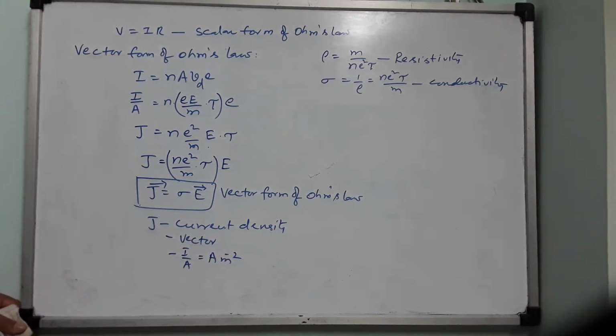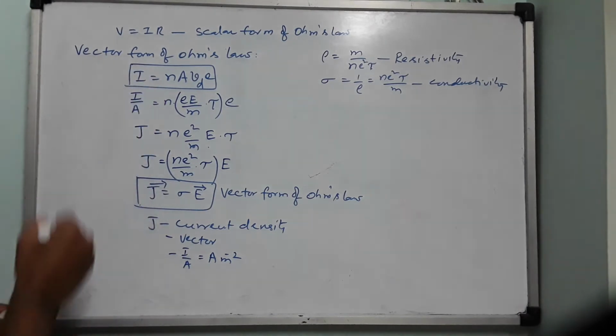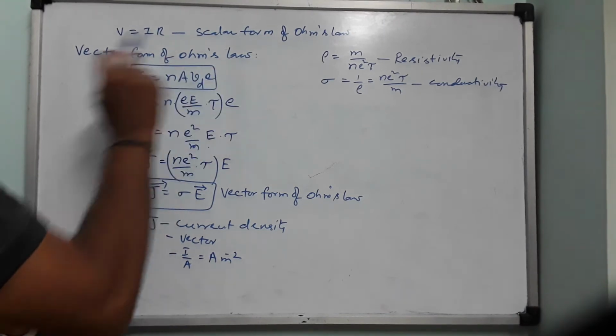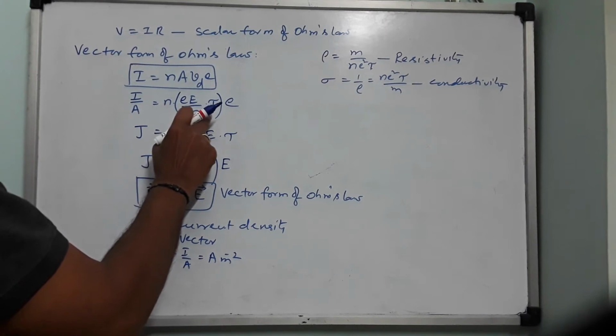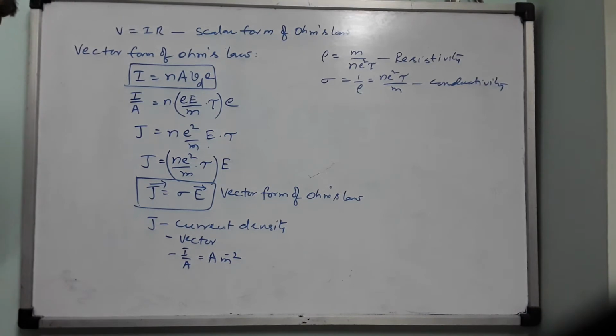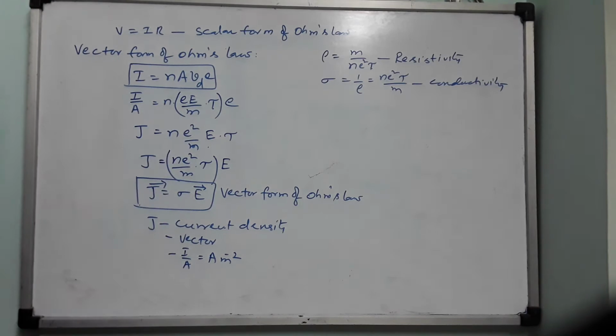Okay. So this is important for 2 marks questions sometimes. Derive Ohm's law in vector form means this. Start with this equation. I told you yesterday, this is one of the important equations in current electricity. Remember it blindly as Indian Navy. And drift velocity, you can write it as e into E by m into tau. So remaining things will be very easy. Right. So this is a 2 mark question. Fine. So J equals sigma E is the vector form. V equals IR is the scalar form of Ohm's law.